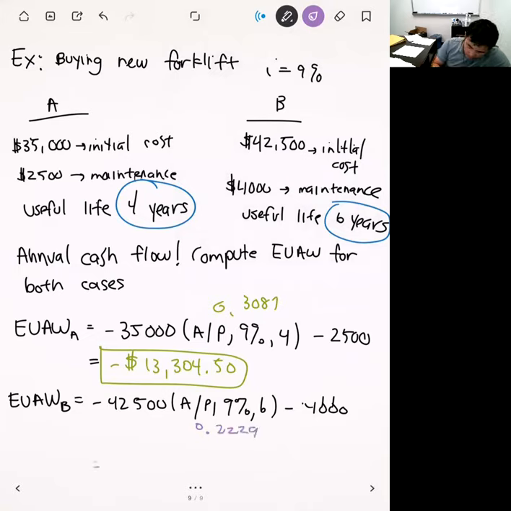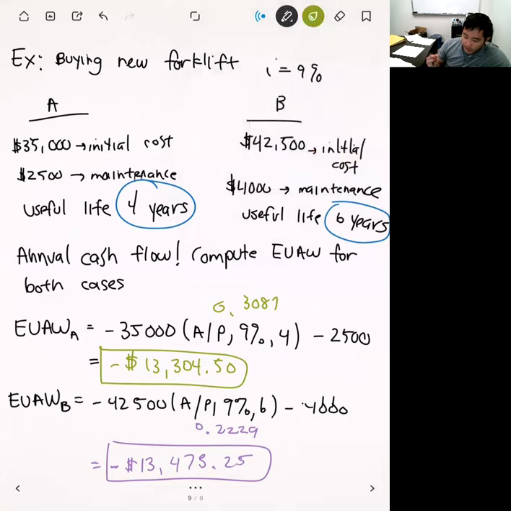Okay. And so we perform the arithmetic. And so we have minus 42,500 times 0.2229 minus 4,000. Okay. And what we get is minus 13,473. Oh, this is pretty close actually, and 25 cents. Okay. Right, so they're very close, but what you can see here is that option A is slightly less